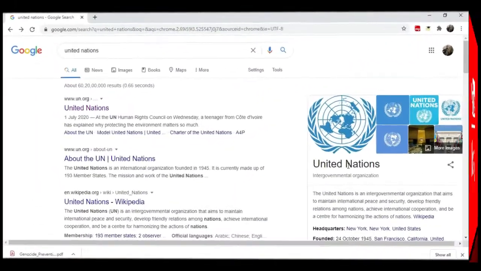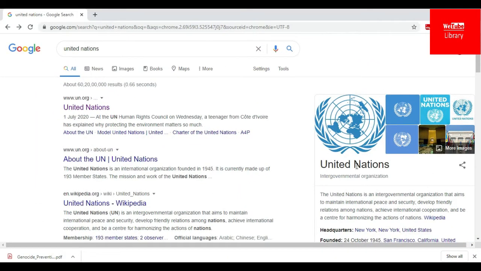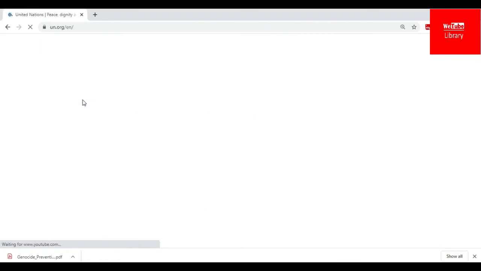It is a very interesting session because we are going to discuss how to download the HD map of different countries, different regional organizations or different continents in HD format from the United Nations website. So just Google United Nations and go to www.un.org. That is the official page of the United Nations.